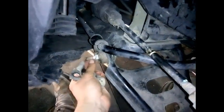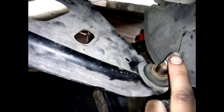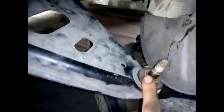Here you have this thing, this holds the sway bar in place, and here goes the 18mm bolt. Here you see also torque screw and 18mm bolt, and just take it out, hit on the hub so it gets out,